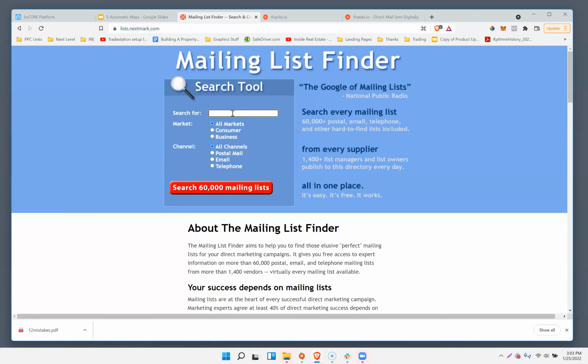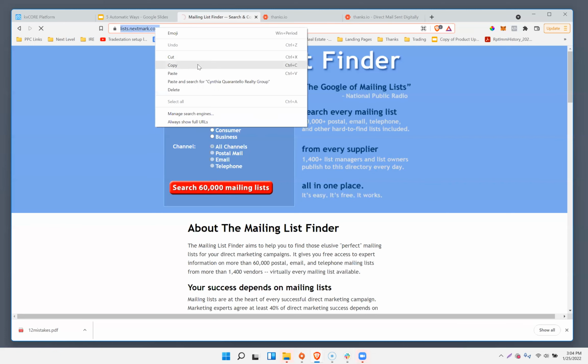So you come in here, and let me give an example of where this is particularly interesting. If you're sending campaigns and you want to reach people who have bought the thing that you're selling in the past, there are lots of examples of this. Let's just say I'm going to do real estate investing, because I know we have a lot of realtors, but also just as a good example. So let's say we want to get lists of people who have bought courses about real estate investing or have bought content related to that. Let's just see what happens. So I'm going to click search,